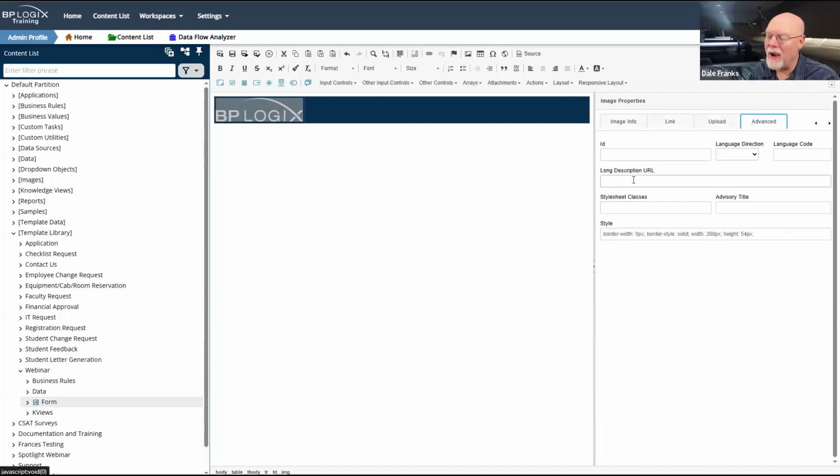And I could go to advanced. And if I had a page, now we're getting deep into accessibility. If I had a page that contained a long description of this URL, I could link that page via the long description URL property. That is an accessibility property that enables you to link to a page that contains a detailed description of what is in an image. If somebody is using a screen reader assisted browsing device, then it could be redirected to that URL and it could read that description aloud to a visually impaired user.